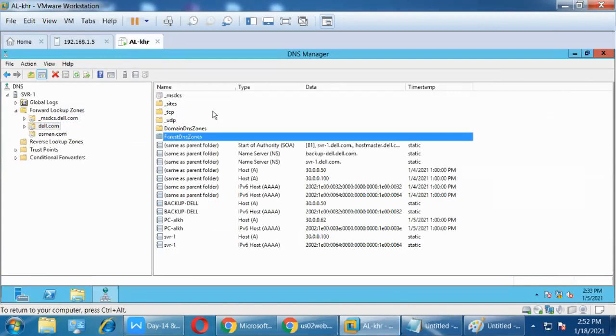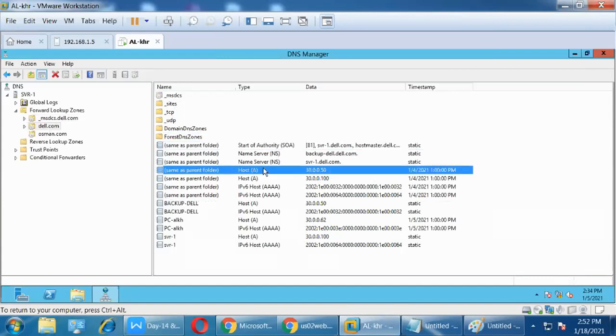These are the 6 records: Microsoft domain controller, server, site, TCP, UDP, domain DNS zone, forest DNS zone. And normal DNS has only 4 records: SOA record, host record, NS record, and MX record.